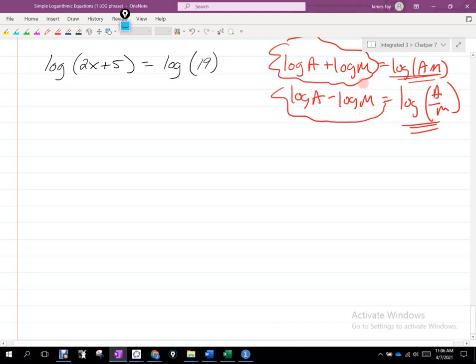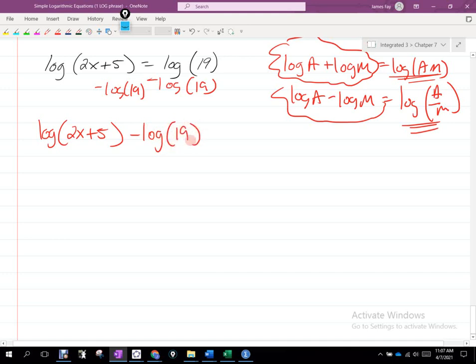So that means we need both logs on the same side, right? So we're going to move this log 19 to the other side. So I'm going to subtract log 19 here, subtract log 19 here. Now, when we do that, I don't know what log of 2x plus 5 is, I don't know what log 19 is, so I can't make those one log. We have to rewrite this as log of 2x plus 5 minus log of 19